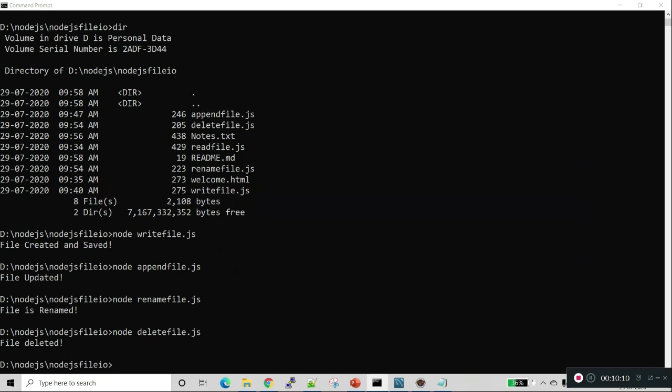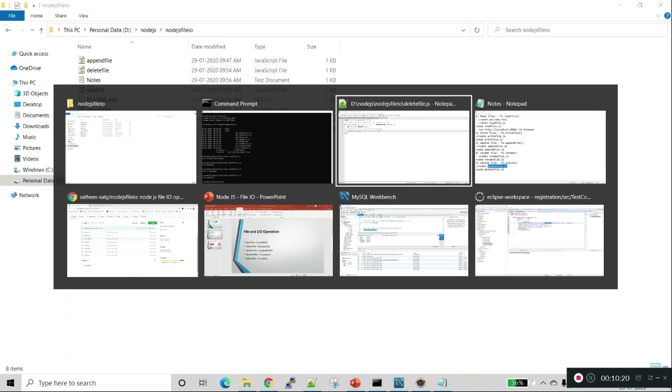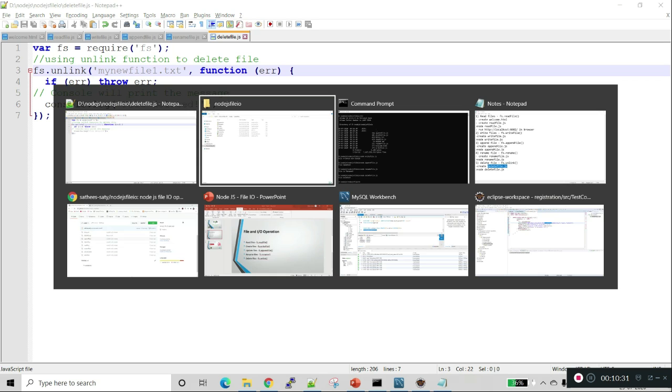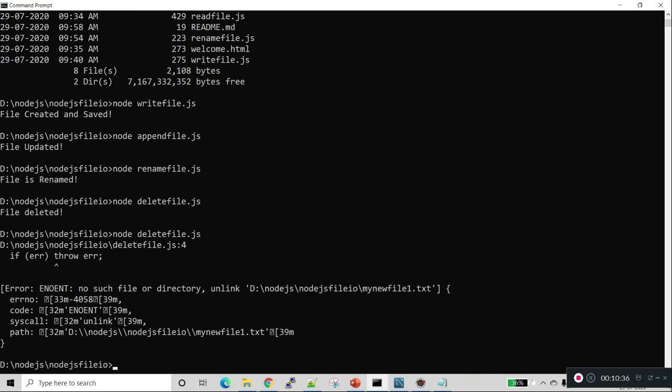So the file is deleted. Now we will go and check, and the file is not there. Now we will see what error we get if we add a file name which does not exist in that folder. Now we are getting the error, with the error number, code, sync call and path.